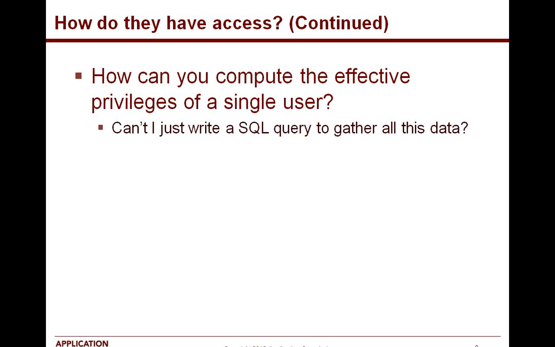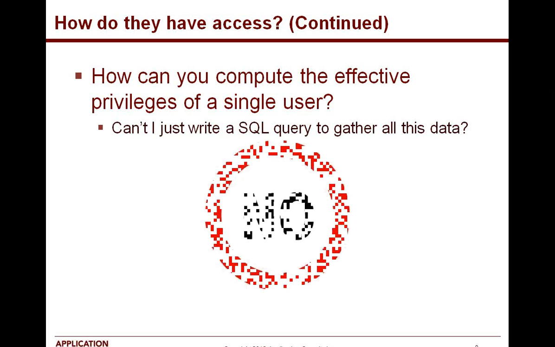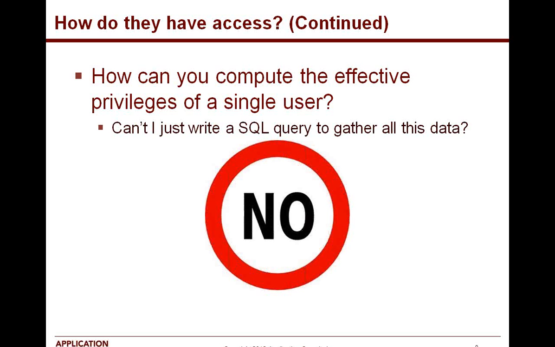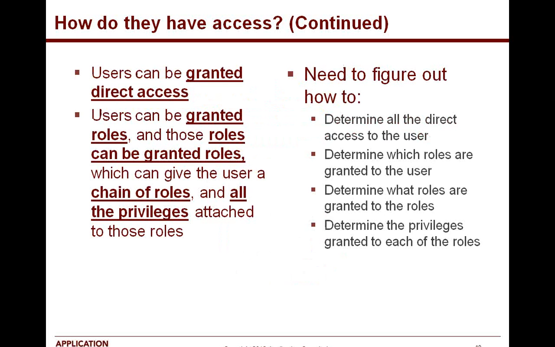So can I write a SQL query to gather this data? The answer is really no. You can't do it to compute all the effective privileges. To really justify why it's a no, if you look here on the left, users can be granted direct access. We talked about that in the beginning. Users can be granted roles, and those roles can be granted other roles. We looked at that with Bob, who was granted one role, that granted the other role, that granted him